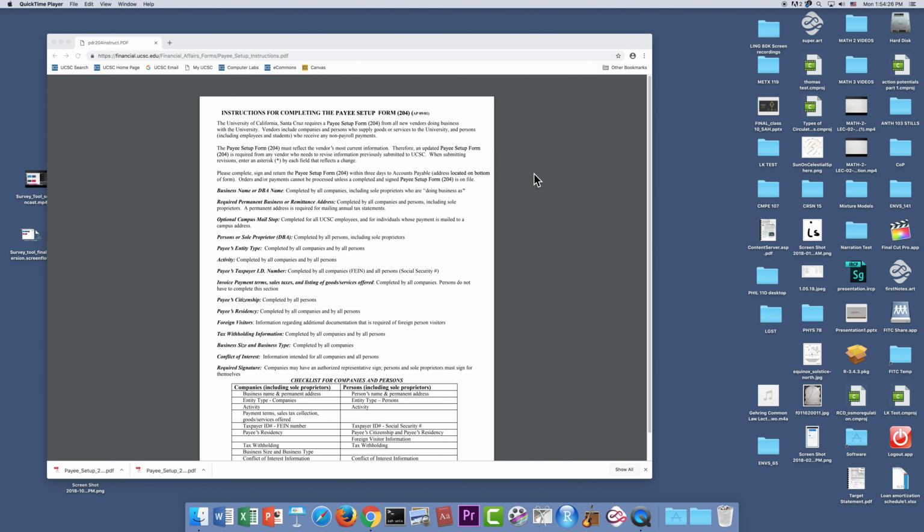As you can see on the screen, these are the instructions. UCSC requires a Payee Setup Form 204 from all new vendors doing business with the university. Vendors include companies and persons who supply goods or services to the university, and persons including employees and students who receive any non-payroll payments. So if you're getting payroll payments from the university, that's not sufficient for you to get